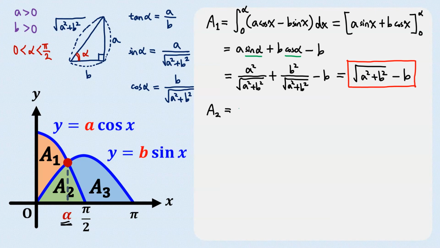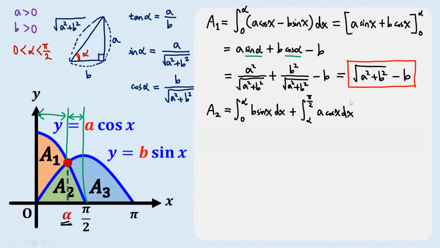Next, area A2. Here we have to divide into two intervals. From 0 to alpha, we integrate b sine x, and from alpha to pi over 2, we integrate a cosine x. So we have minus b cosine x from 0 to alpha, plus a sine x from alpha to pi over 2,